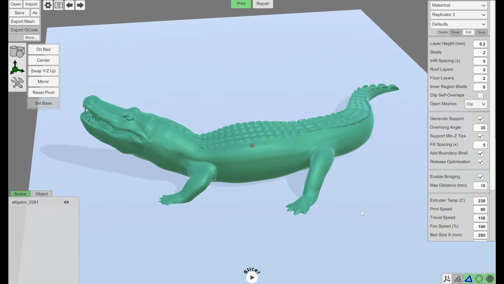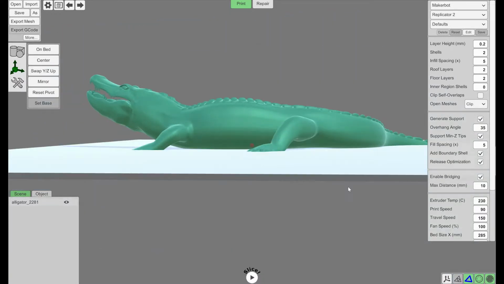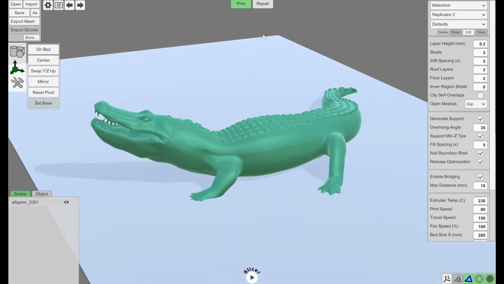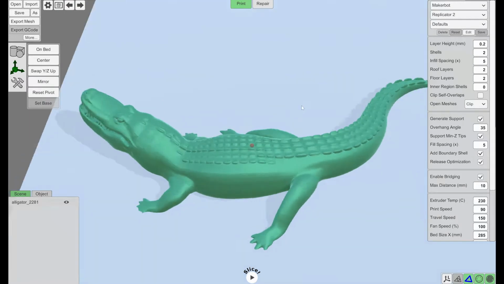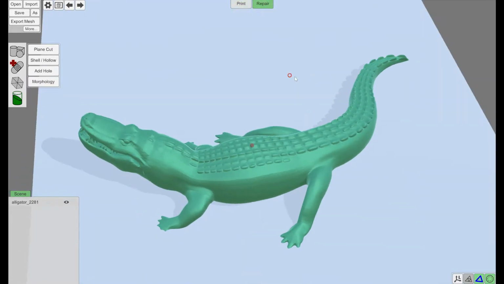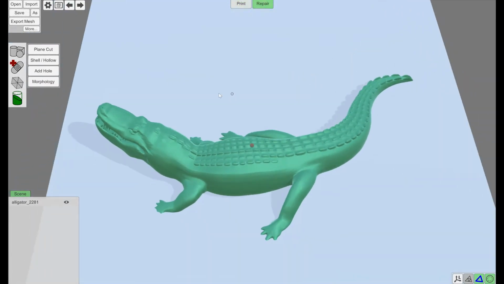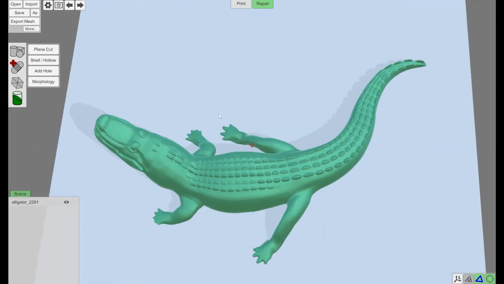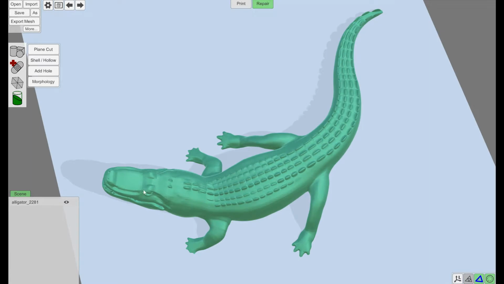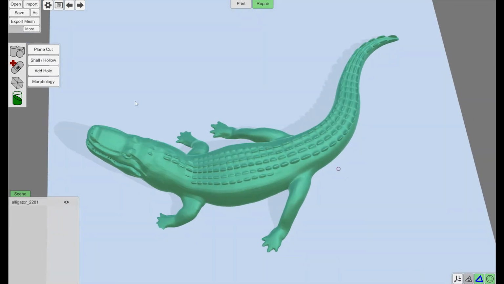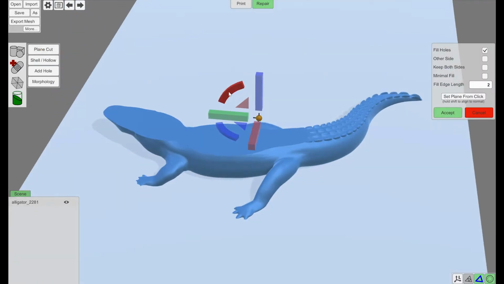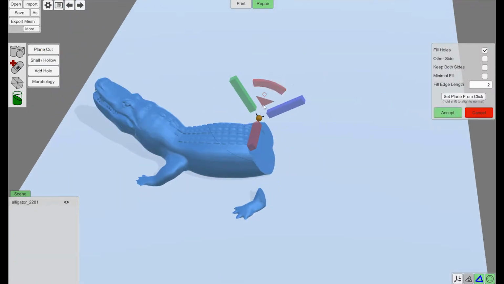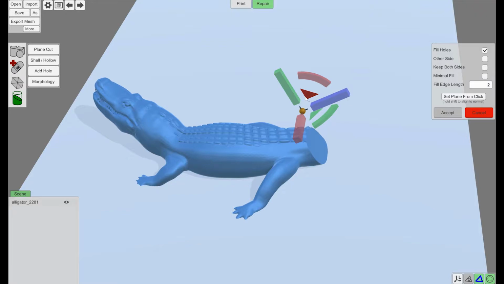Now I'm going to show you some other things related to plane cut that you might run into, or things that might be useful. One thing that you might want to do with plane cut tools is cut a model up into pieces. So for instance, maybe this is your print bed, you want to print a big alligator, your bed's not big enough, so you want to chop this up into bits. You could obviously move this around and push it back here, we use the gizmo,